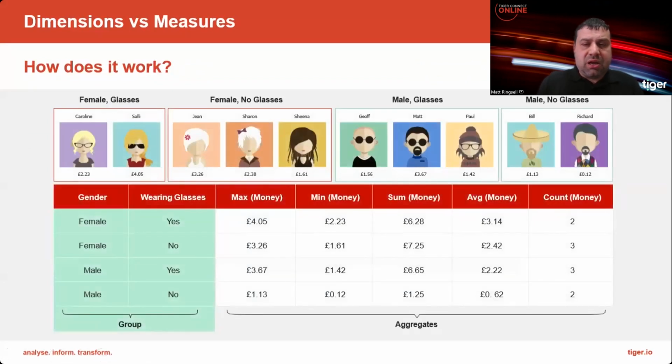We've got a data set here of some of our colleagues here at Tiger. What we've done is put people together in segments: female staff members that wear glasses, female with no glasses, male with glasses, and male with no glasses. Using our dimensions, which are the parts over on the left here, we can now add these up. If we add all of our female staff members together who wear glasses, we can then look at